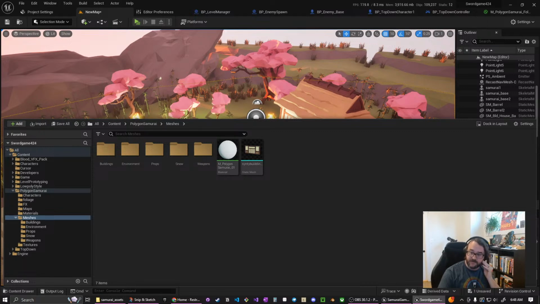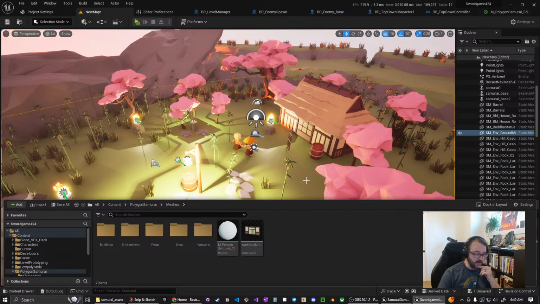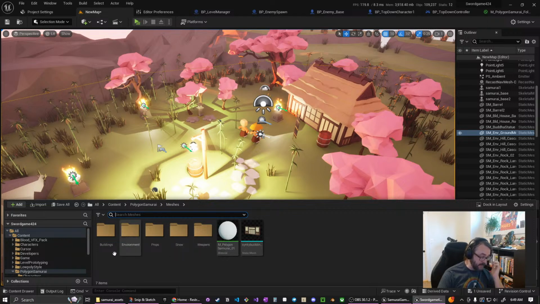Yeah, free assets are a good way to go. Pixel art can also be quick to iterate on, but it is a skill set. So yeah, I don't even know if I have the